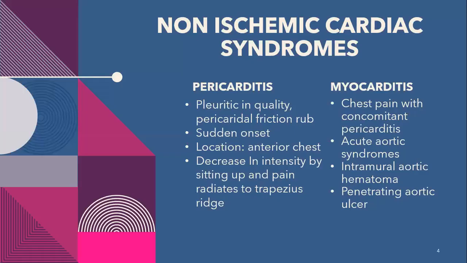Now, there are certain other syndromes that cause chest pain, which include non-ischemic cardiac syndromes. Non-ischemic means that it is not related to any difficulty or hindrance in the blood supply. So it includes pericarditis and myocarditis. Now we know that the pericardium is the tissue that surrounds the heart. So if there is any deformity in the pericardium, there will be more friction and a hindrance in the blood supply, as explained here, that there will be a pericardial friction rub, and the pleuritic